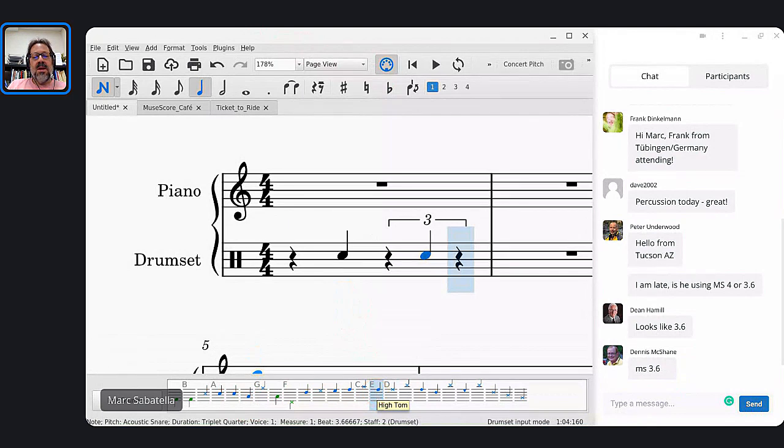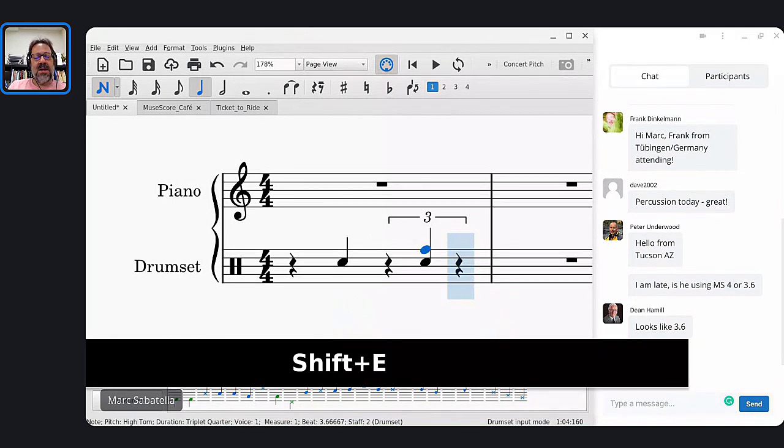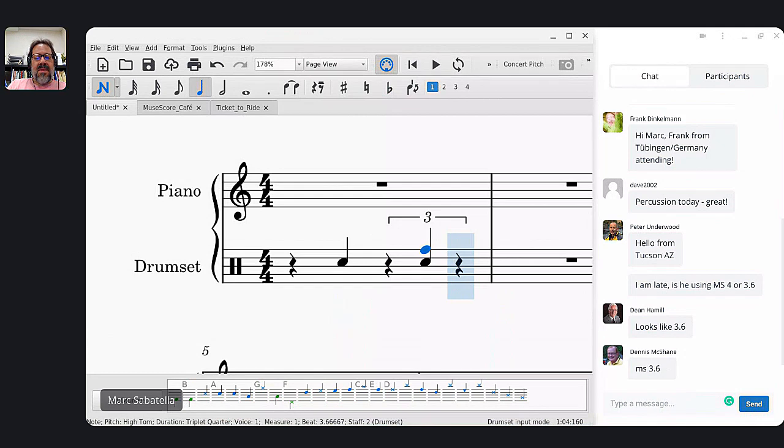So what I can do, if I type E right now, it's going to enter an E after that snare, but I want it together. So I'll use Shift E, and now I've got my high tom. And then